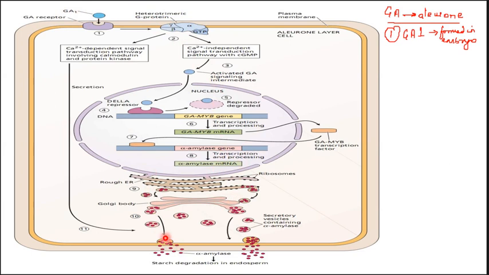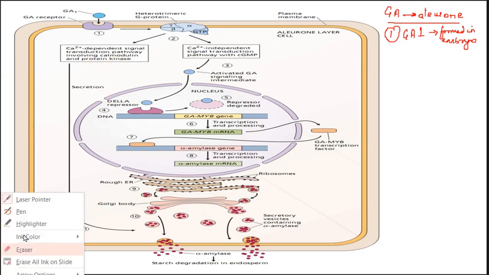Now this last pathway, the secretory pathway, requires GA stimulation via the calcium dependent, calmodulin dependent signal transduction pathway. Up to here, the right side pathway was calcium independent, but the release of this alpha amylase outside the cell is due to the calcium dependent, calcium calmodulin dependent signal transduction pathway.